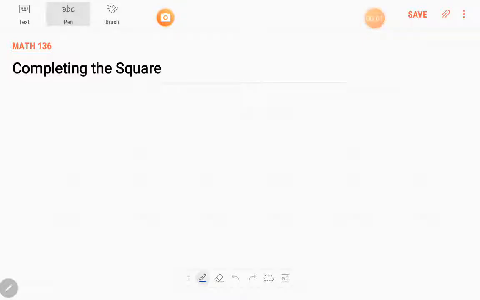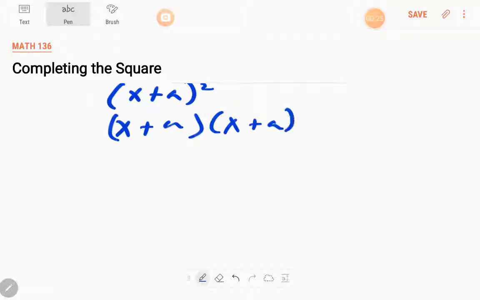In this video, we're going to be doing factoring by completing the square. So first, I want you to observe that if we have a perfect square, suppose we have (x + a) squared, then we'll have (x + a) times (x + a). And then we have x squared plus ax plus a squared. And then we'll have x squared plus 2ax